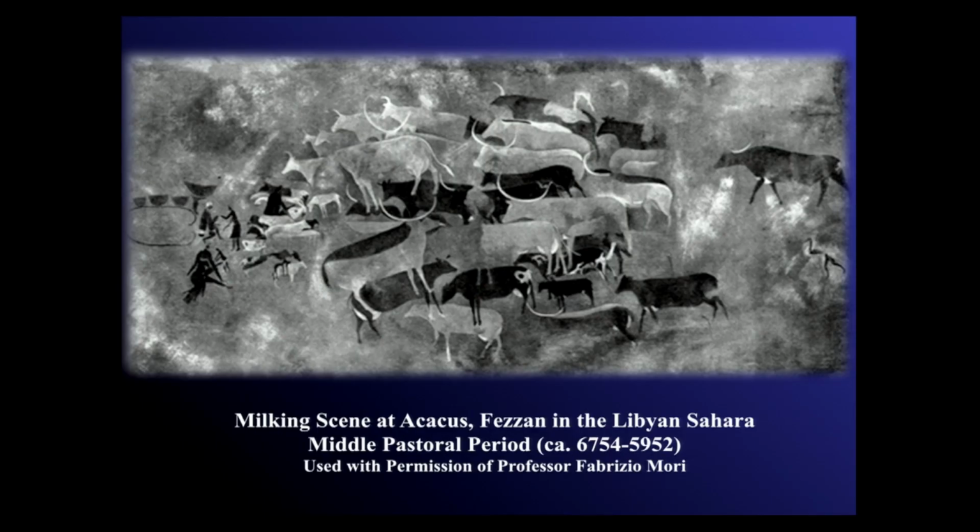When did this begin? Well, we're not sure, but this here is the oldest milking scene that has ever been found. This is in the Libyan Sahara and taken about 6,000 BC, and we have to take a closer look. Don't think of the Sahara as the desert as you would now. It was a more temperate climate. So here we have these cows,